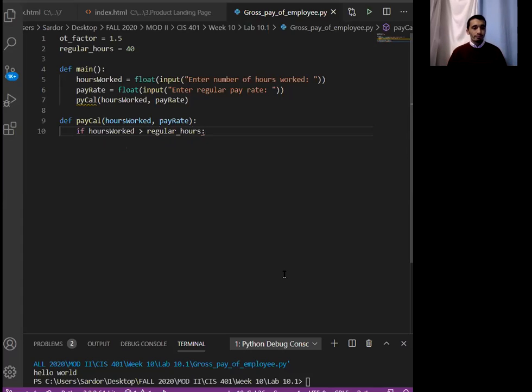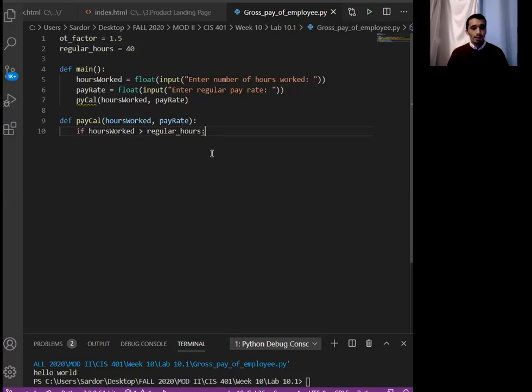So if the user inputs 40, now let's say if the user inputs 50 and 50 is greater than the regular hour, which is 40, as stated right there, it'll be true. If not,